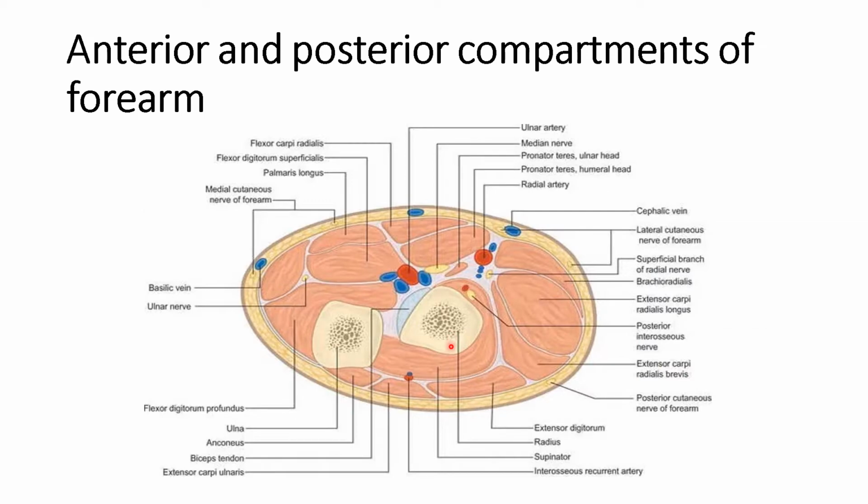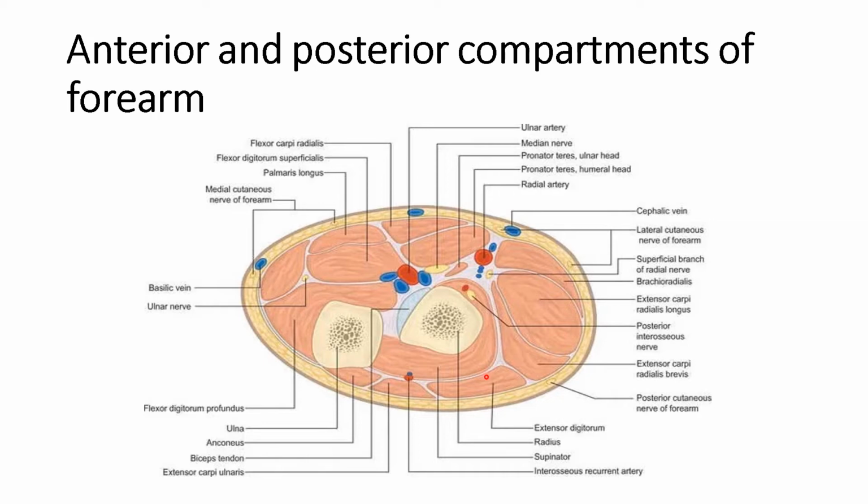So this is the radius bone, and this is the ulna bone. The ulna is on the medial side and the radius is on the lateral side. So the forearm is divided into the anterior and the posterior compartment. This is the anterior compartment and this is the posterior compartment, separated by the interosseous membrane. Between the radius and the ulna the interosseous membrane is present, and on the posterior border of the ulna the aponeurosis is attached. And the radial artery passes on the lateral side of the forearm, and it divides the forearm into anterior and posterior compartment.